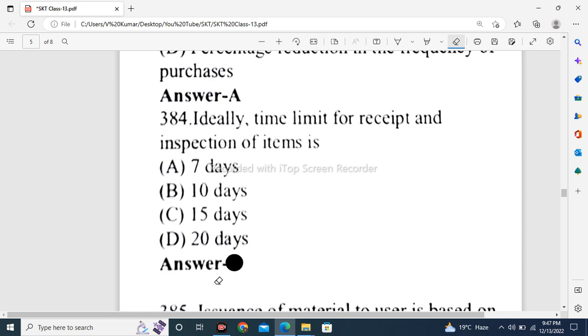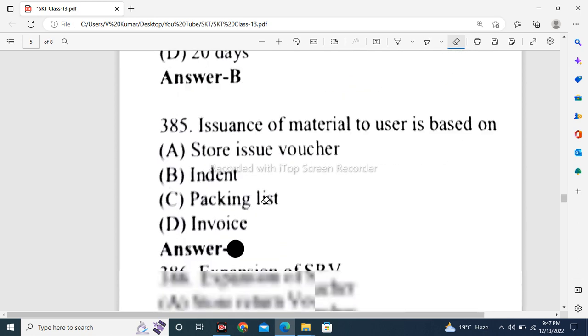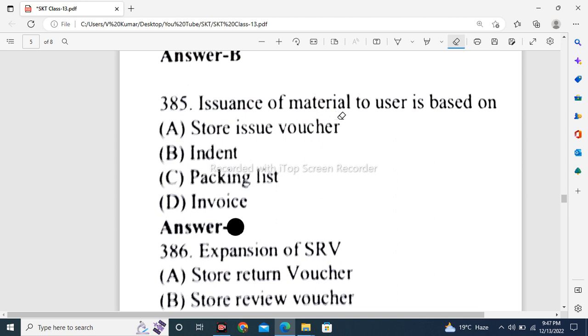सही आंसर है B. 10 days. Ideally, time limit for receipt and inspection of item is 10 days. Next है issuance of material is